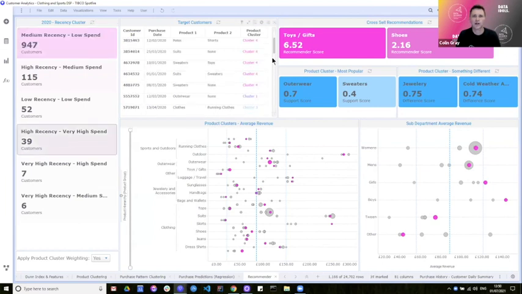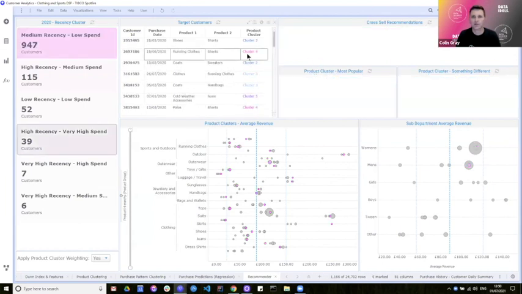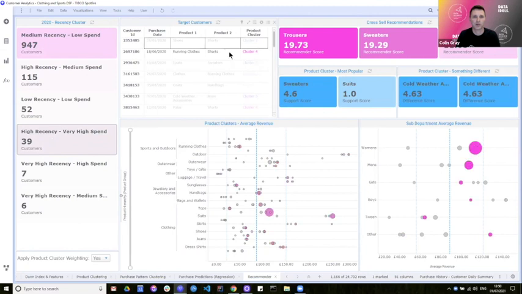So I'll show one last, hopefully interesting example of how this recommender really works, even though it's very simple. I take my high recency, very high spend customer. This customer here bought running shoes and shorts. With the weighting off, it recommends sports accessories, trousers and shoes. That makes a lot of sense, running clothes, sports accessories. But actually, when we turn the recommender on, it flips it and says trousers and sweaters and shoes are better. And you think, well, they've bought running clothes and shorts. Surely the first